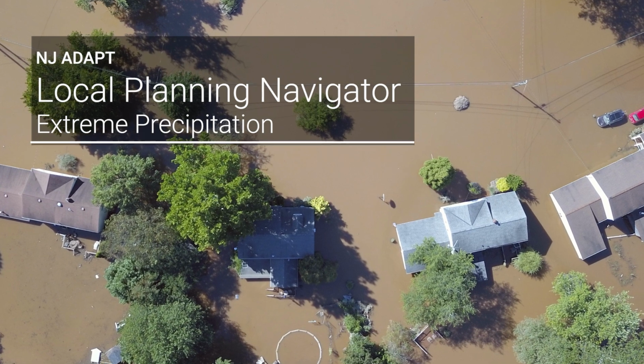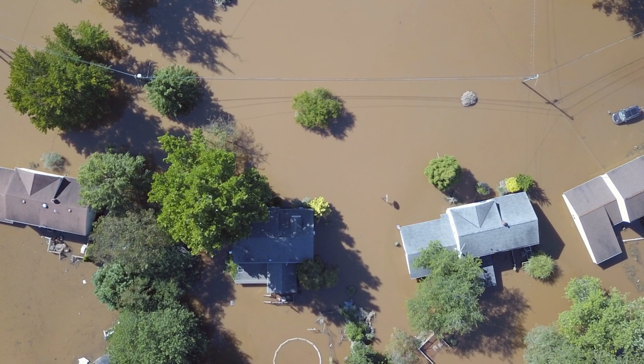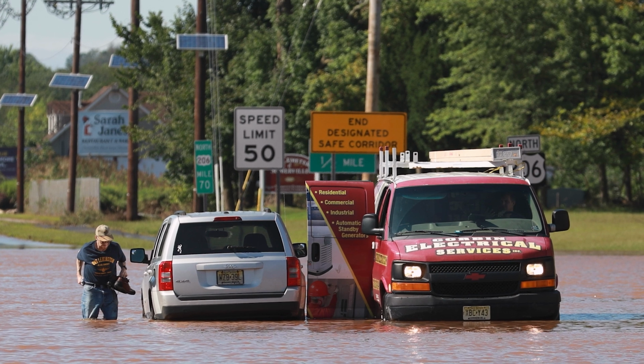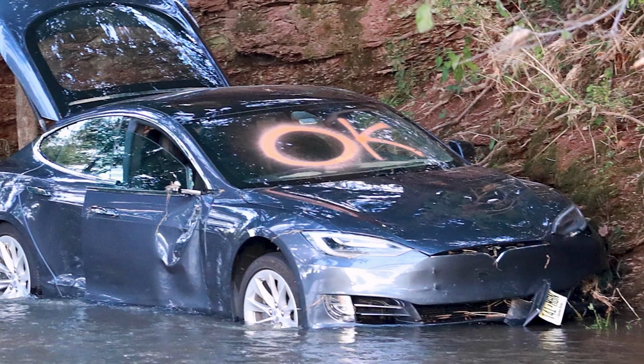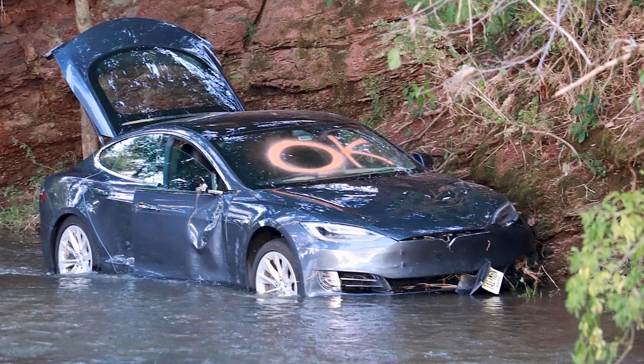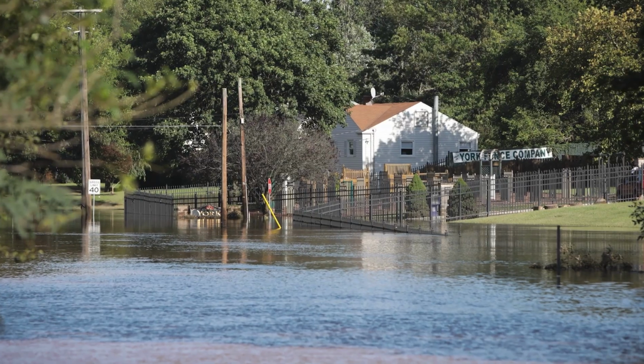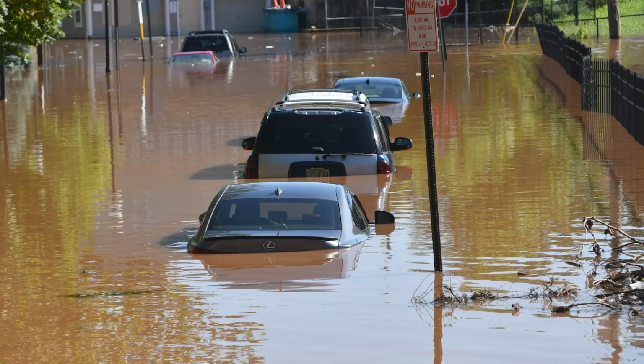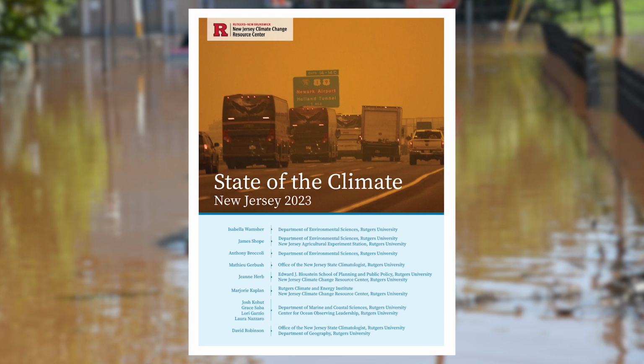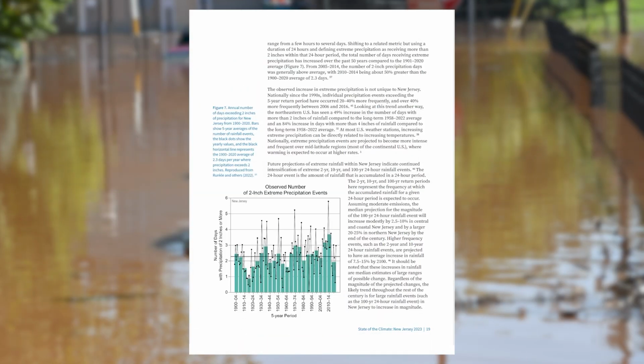The impacts of extreme precipitation have become more apparent in recent storms across New Jersey. Extreme precipitation refers to events where the amount of rainfall or snow substantially exceeds what is considered a normal amount for a location. The annual State of the Climate report by the New Jersey Climate Change Resource Center at Rutgers